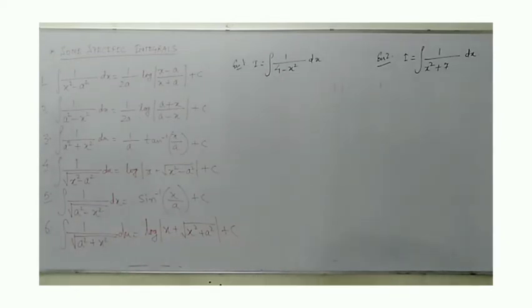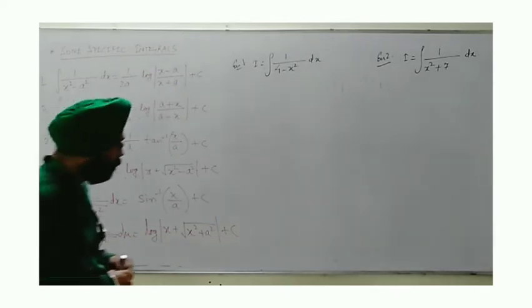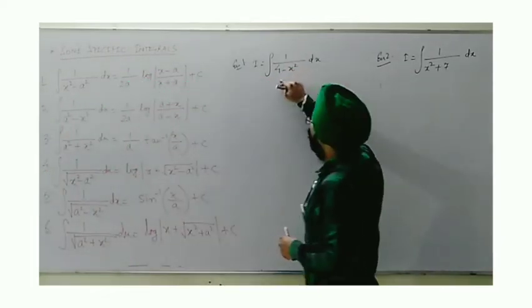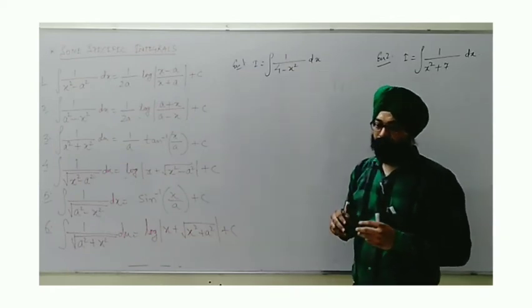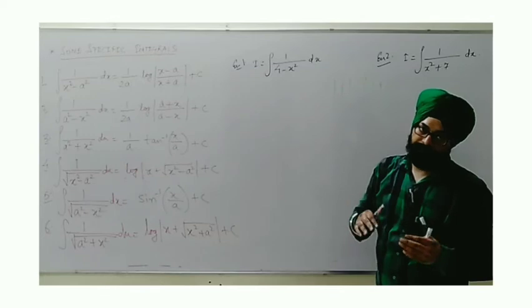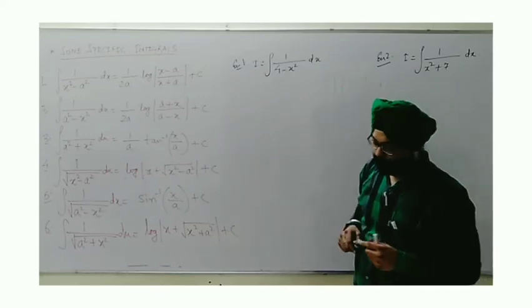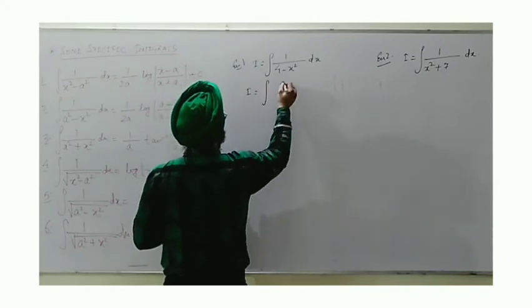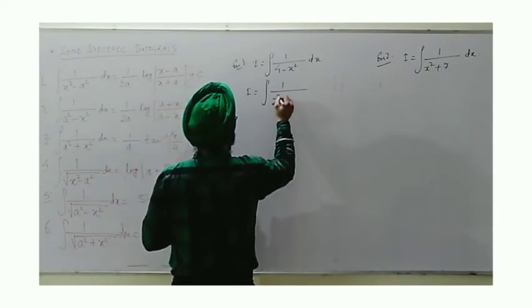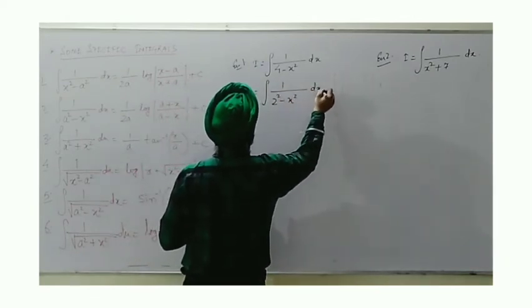Here, I begin with a simple category of questions where we can directly apply the identities just by comparison. Like, the first one I have taken is integral of 1 upon 4 minus x square dx. As I suggested, the constant will not always be given as a square number, but this time I have taken 4. This first of all will be written in standard form as 2 square minus x square dx.